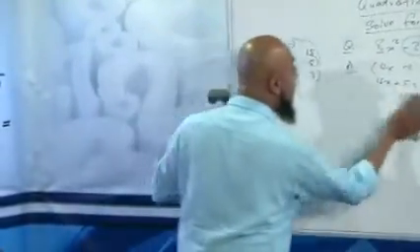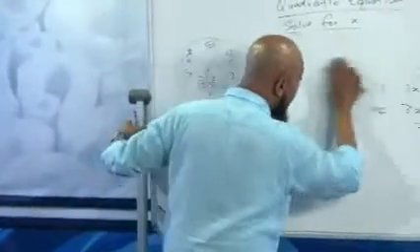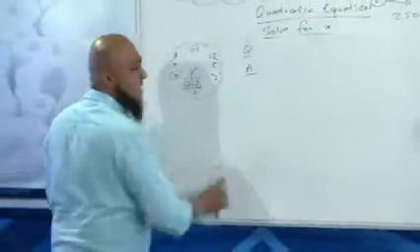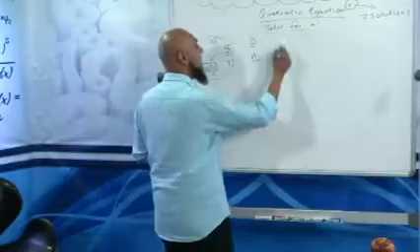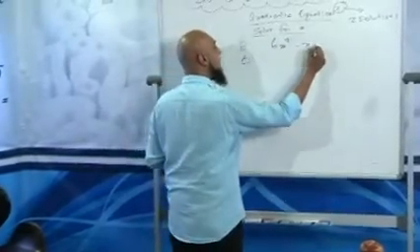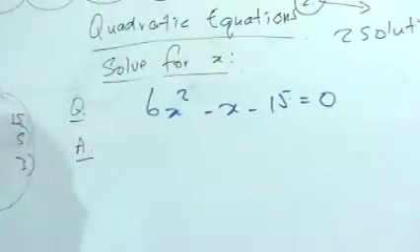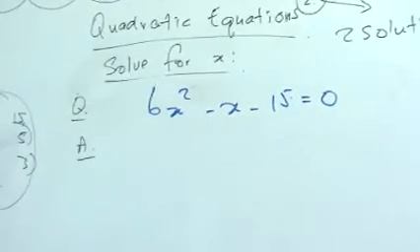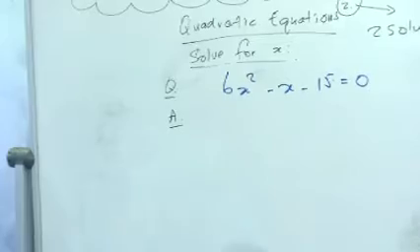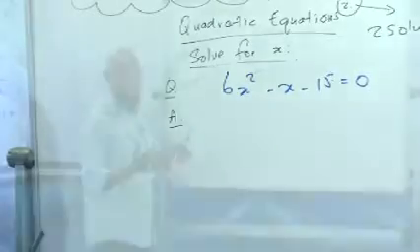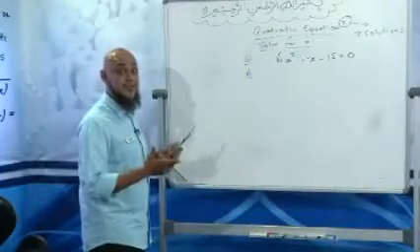Okay, let's now go on to the second question. Let's take another example. Let's make up one. Let's see. Let's hope that it will work. 6x squared minus x minus 15 equals to 0. Let's use Mr. Snotkop process in order to get our solution. Right. By now you should be good. By now you should be trying it and attempting it on your own.